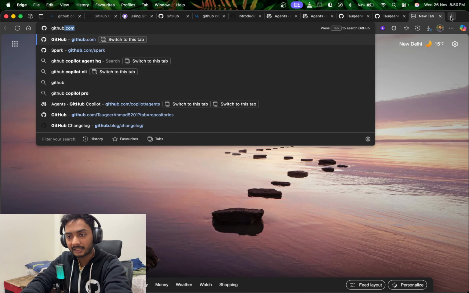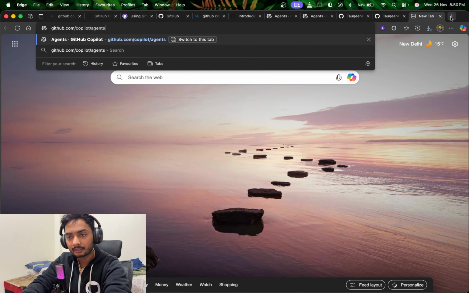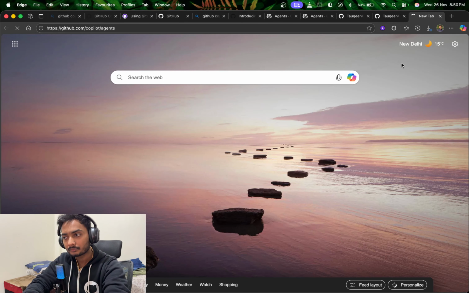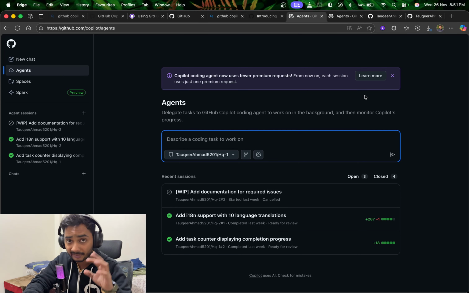You need to have a GitHub Copilot plan already. You just write GitHub Copilot /agents, and at that time it will pop up. You will have a lot of things: agents, GitHub Spaces, GitHub Spark, all of these. You need to set it with the agent one. Getting back to it and closing this tab for a clear vision for all of you as well,